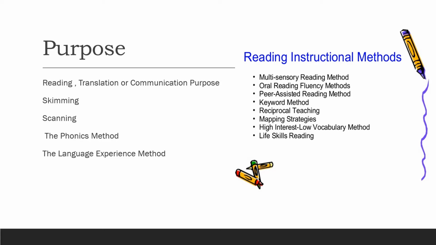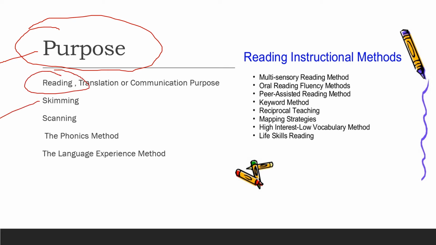So let's review our first aspect of teaching methodology, that is, you choose a method according to the purpose. What's your purpose of teaching? For example, if you're teaching reading skills, you can choose a teaching method such as skimming and scanning, which are really relevant. Using an inappropriate method would not be helpful for an English teacher. For example, reading comprehension cannot be taught through the total physical response method, because it has nothing to do with teaching reading skills. So that's why it's very important to understand which method is appropriate for teaching a particular skill.